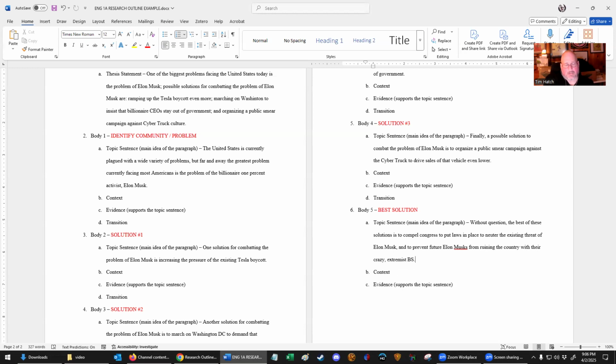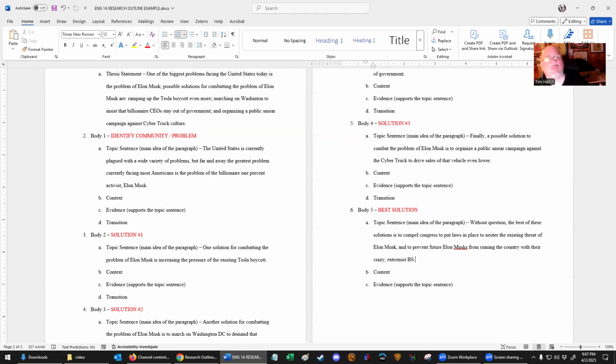I think that's the best one because we need to do something. It's fun to organize a smear campaign against the Cybertrucks. Cybertrucks are one of the ugliest damn cars ever designed by a human being, ever. It's quite an achievement. And it's also fun to continue the Tesla boycott. And, just between the two of us, I am not advocating that anyone vandalize Tesla vehicles or set fire to Tesla dealerships. But I'm not going to pretend that I don't enjoy hearing the news of that sort of thing. That's awesome. It's bad, it's illegal, and it shouldn't happen. But since it is happening,